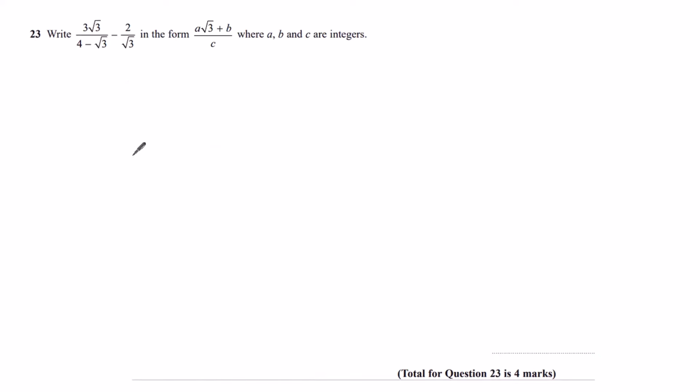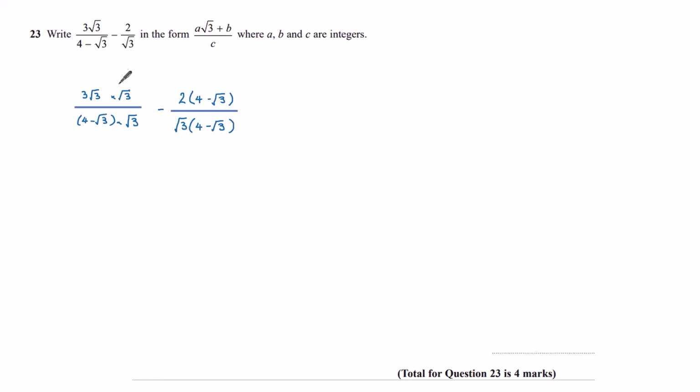Question 23. I want to write 3 root 3 over 4 minus root 3 minus 2 over root 3 in the form a root 3 plus b over c, where a, b and c are integers. Now, since the denominators of these two fractions are different, I can't yet subtract them, but if I multiply numerator and denominator here by root 3 and numerator and denominator here by 4 minus root 3, then I will have